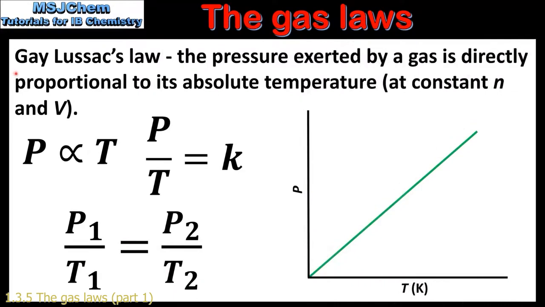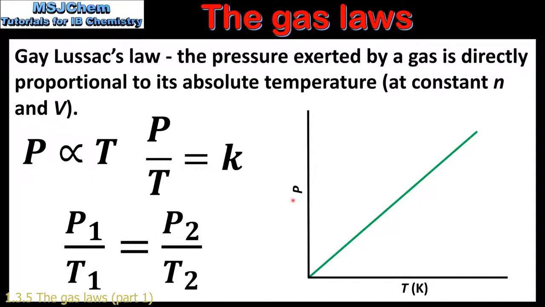The next gas law that we look at is the relationship between pressure and temperature at constant volume, which is also known as Gay-Lussac's law. This states that the pressure exerted by a gas is directly proportional to its absolute temperature in Kelvin. This can be represented as P is directly proportional to T, or P over T is equal to a constant